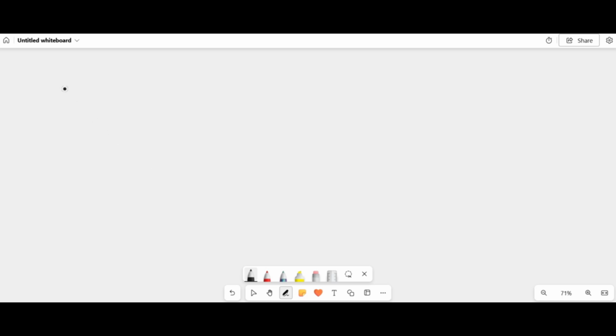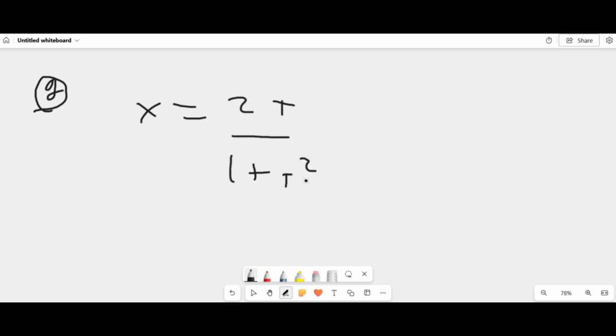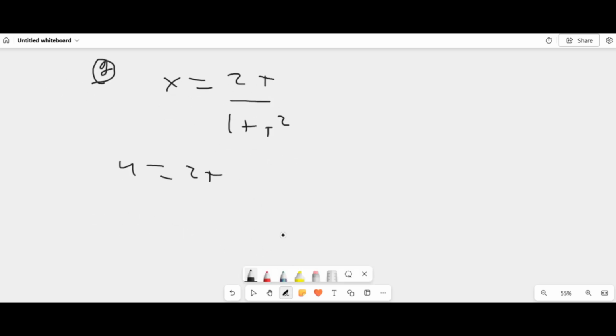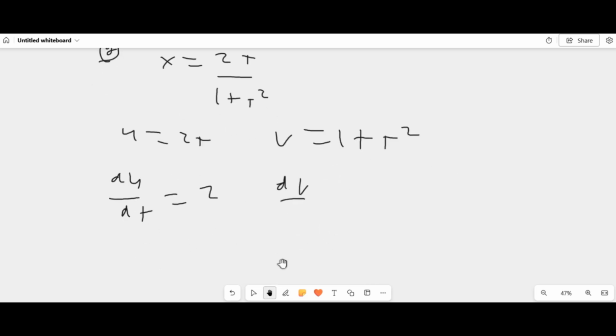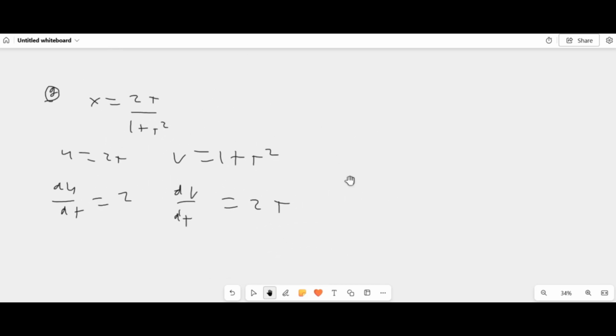g. X equals 2t over 1 plus t squared here. So again, quotient rule here, so u is equal to 2t. v is equal to 1 plus t squared. So du over dt here is going to be 2. dv over dt is going to be 2t. And obviously, therefore, dx over dt here